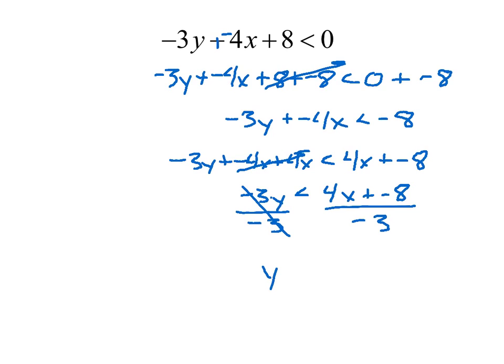Here we have 4 divided by negative 3, x, and negative 8 divided by negative 3. Anthony's brain's engaged. Anthony, you're the first one to notice. What's up? Aren't you supposed to flip it in an inequality? Absolutely. So, notice